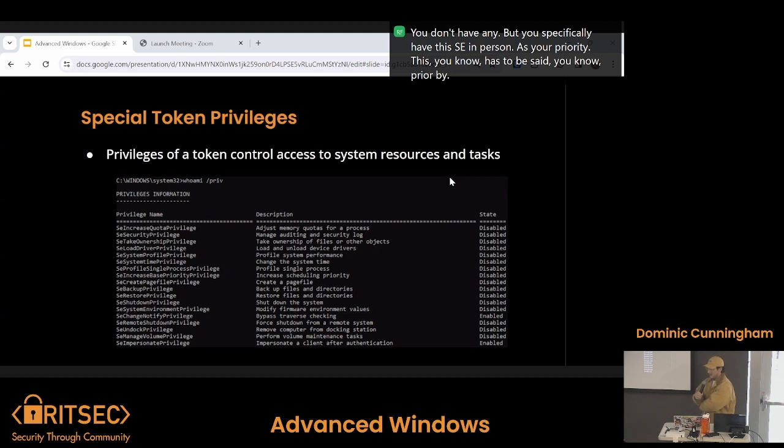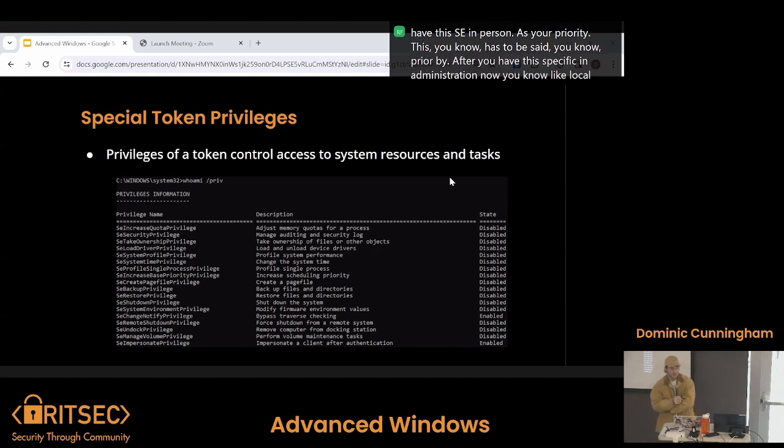account. After you have this specific privilege on your token, if a local administrator account were to log in, at that point, because that local administrator account is logged in and has a token on the system, you can impersonate their token as yourself and open a new command prompt. Instead of having these local user rights, you would now have the rights of this local administrator. So that's a pretty important and a pretty powerful privilege to